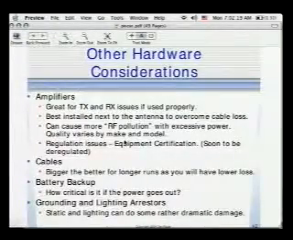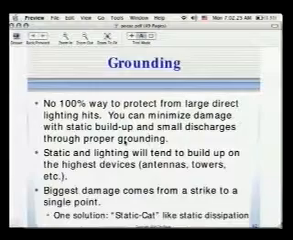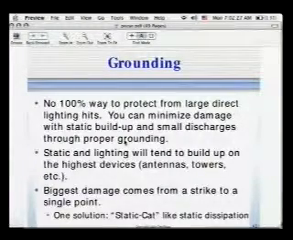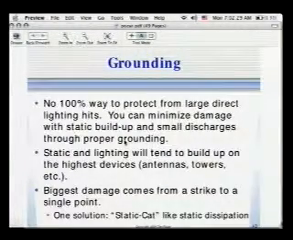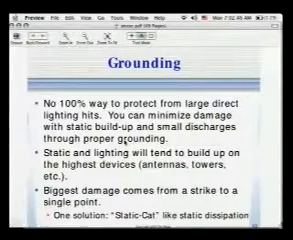Other issues that you may consider are things like battery backup, how hardened you want the site to be, grounding and lightning arresters. I'm going to show a slide and talk a little bit about grounding here. That's going to be a big issue, particularly if you're on the East Coast where you have a lot of lightning, whereas on the West Coast we don't have a lot of lightning. There's no 100% way to protect it from large direct lightning hits. You can minimize the damage with static buildup and small discharges through proper grounding and